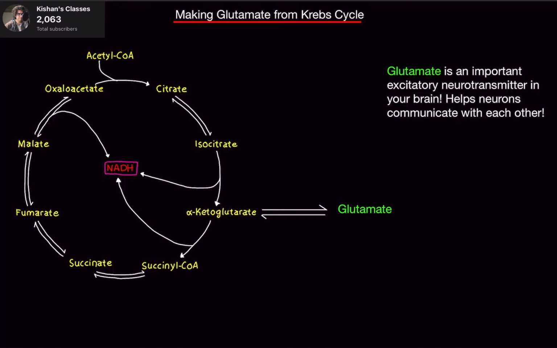Now, glutamate is an important excitatory neurotransmitter in your brain. Basically, it helps neurons communicate with each other. I'll make a whole video series just on neurotransmitters and how the brain works. Anyways,